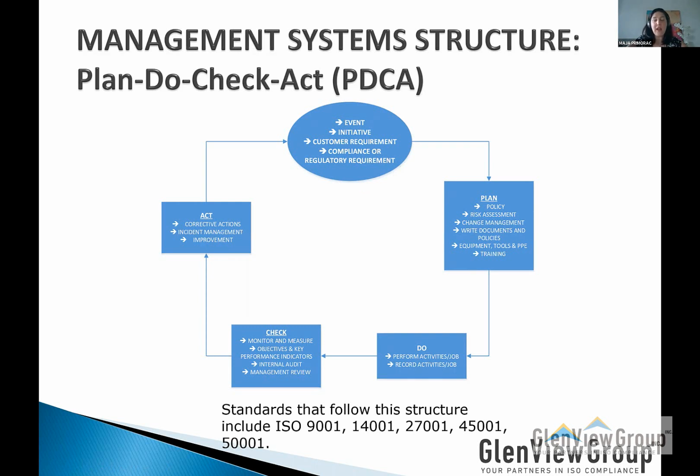The way that every ISO is structured is that we first do our planning, right? On the top management level, we're going to define what our policies are. We're going to take a look at risk assessment. The risk assessment can be done a few different ways. It can be done on organizational level or on departmental level, which is then going to feed into what type of documents and policies we need to write in order to minimize our risks. Change management process is part of the planning, and this is going to be initiated because of this event, right? So that's also part of the planning section.